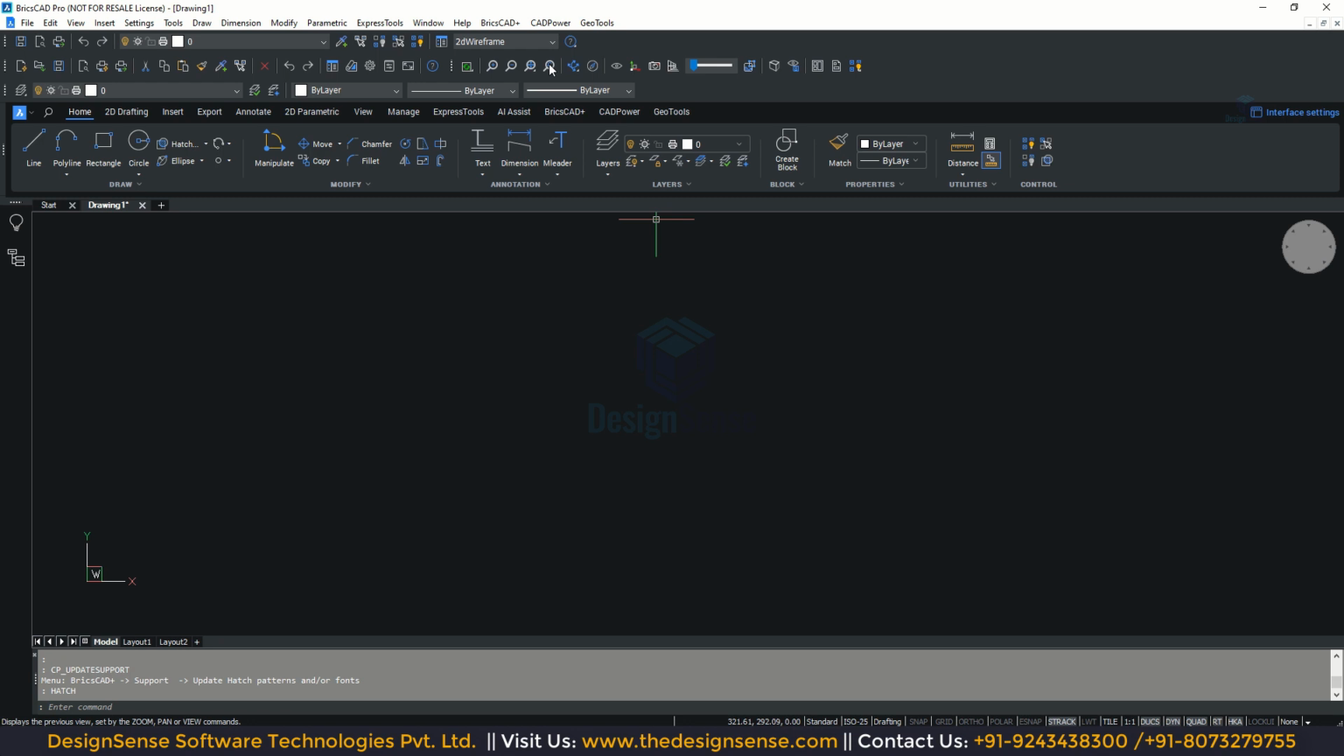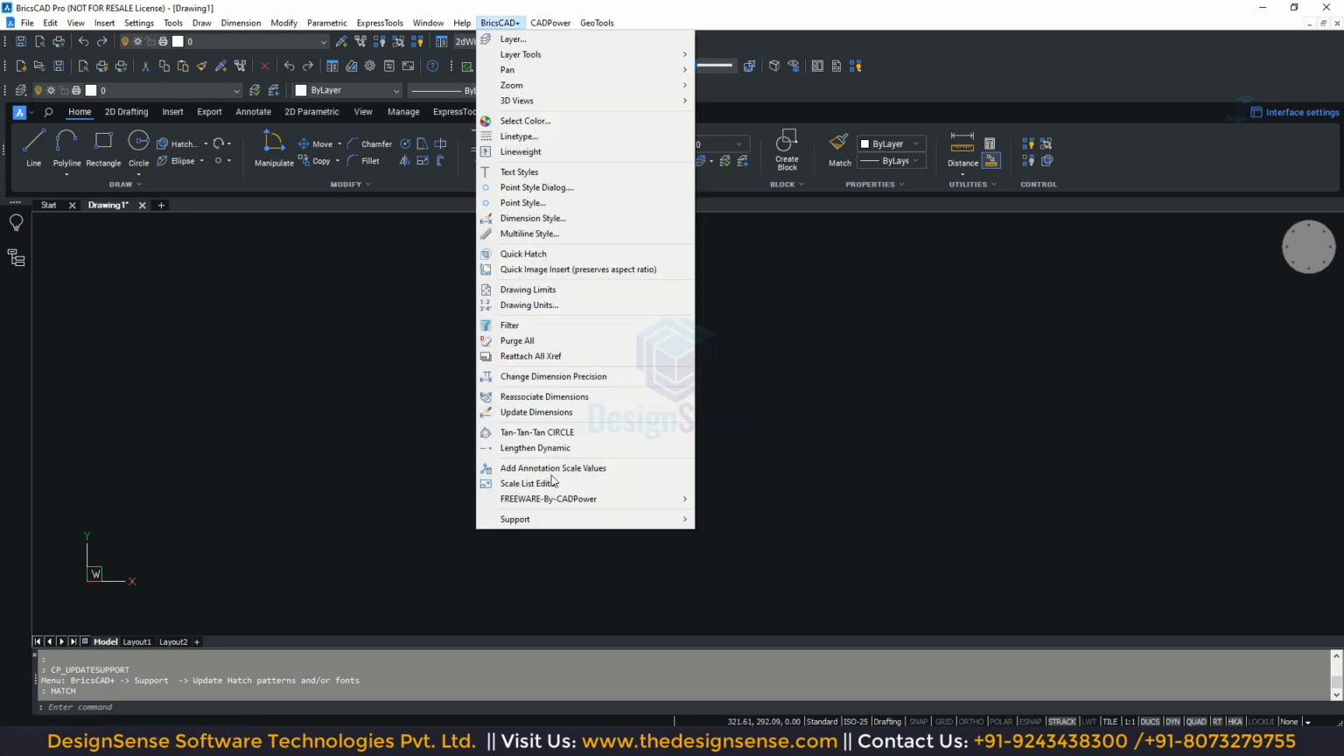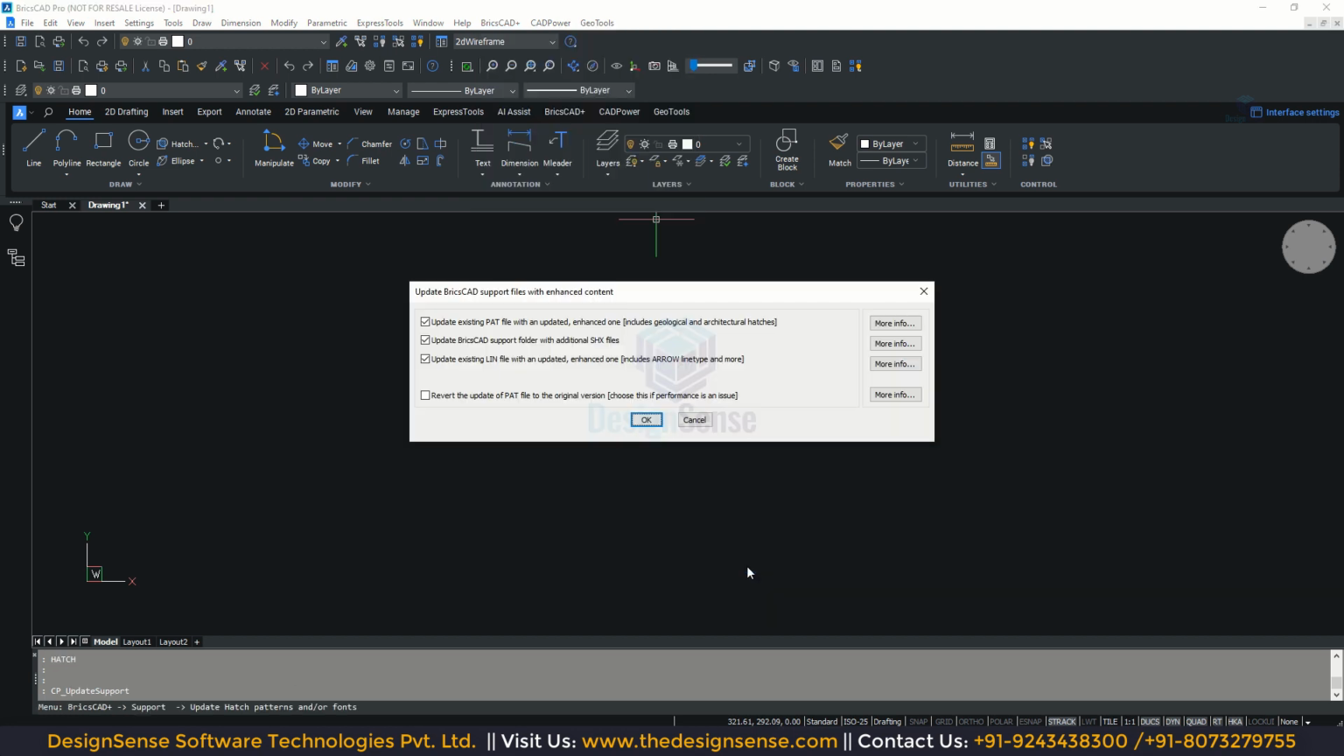So the solution is very simple. In BricsCAD, we have provided a command called update hatch pattern and or fonts. If you click on this, you can see that it runs the command cp_update support. This command can be used to update your existing or default PAT file with a new extended one which is provided by CADPower. It is possible by checking this option here which says update existing PAT file with an